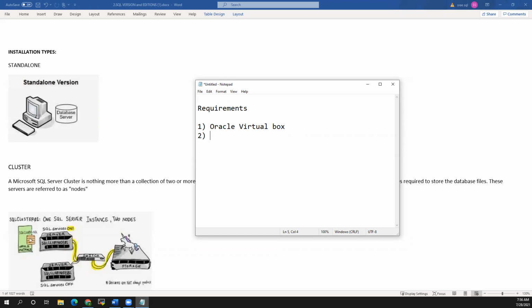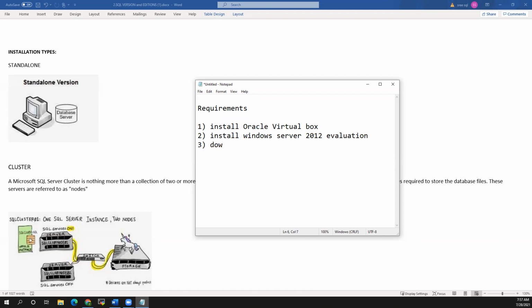So you can install Oracle VirtualBox, and be ready with SQL Server. Before that, install Windows Server 2012. Evaluation edition is enough.